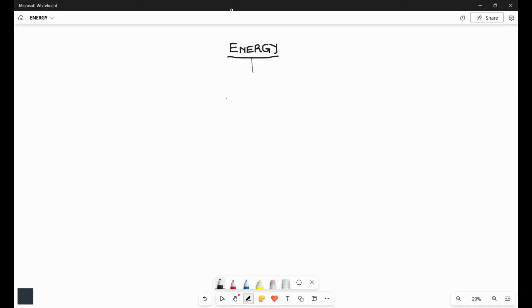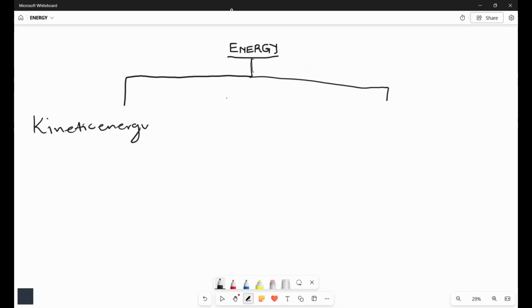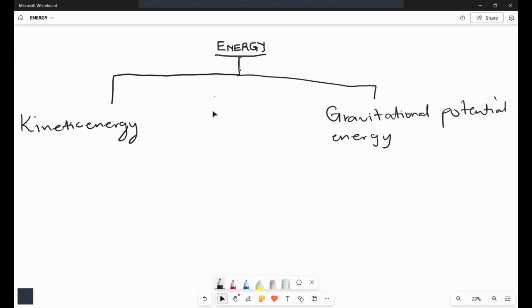we have two types of energies. If you can remember from grade 10, we have two types of energies, namely the kinetic energy, as well as the gravitational potential energy. Gravitational potential energy. All right, let me do this. Yes, gravitational potential energy. Now,